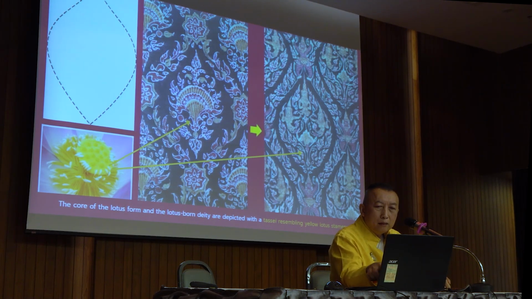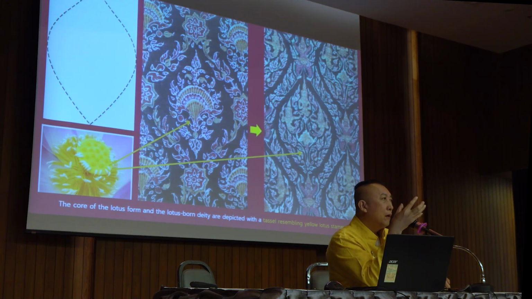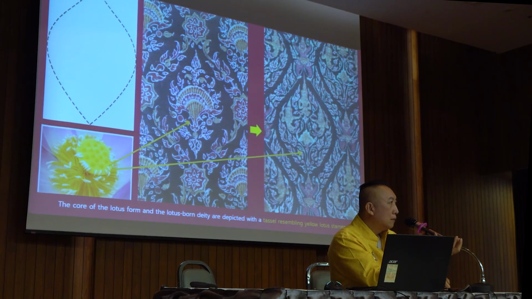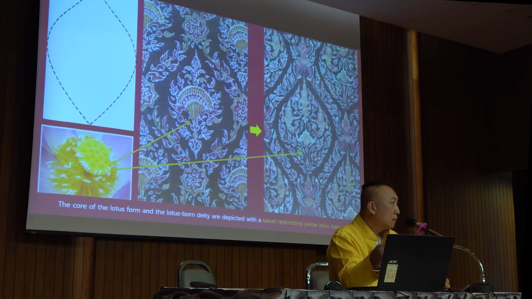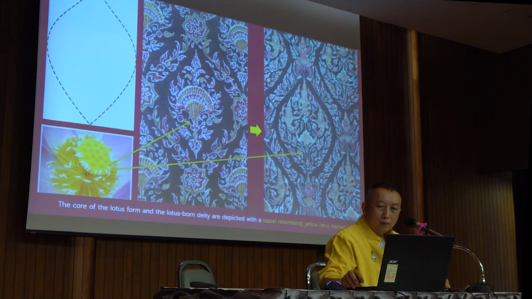Look at the yellow lotus stem, where the core of the lotus flower is still depicted. This kind of depiction is not common in Thailand's collection, so I was quite lucky